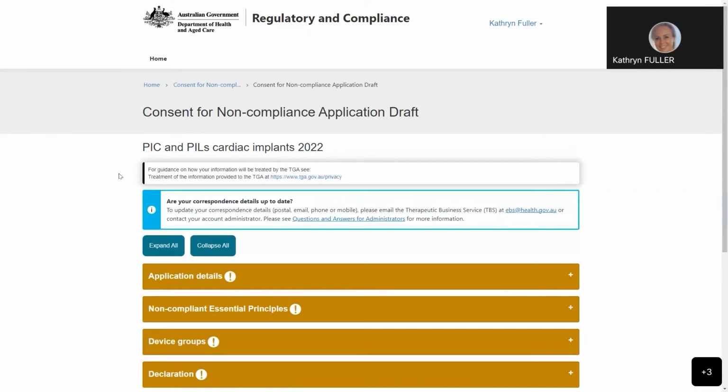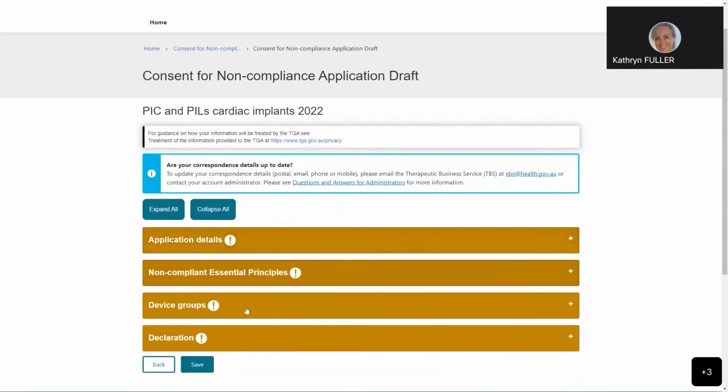Okay, great. So now you'll see that we've got all the form ready to fill in. The name that we gave it will appear up here in the top. And you'll also see that we've got a pop-up box to remind you to go and update your correspondence details in TBiz. This is really important that this is done regularly so that the TGA will correspond with the correct